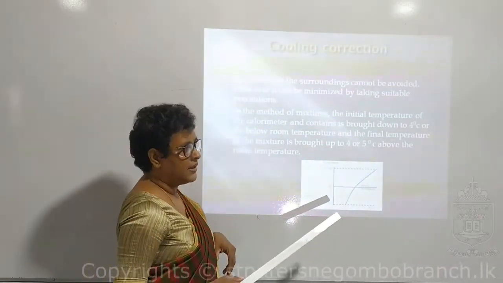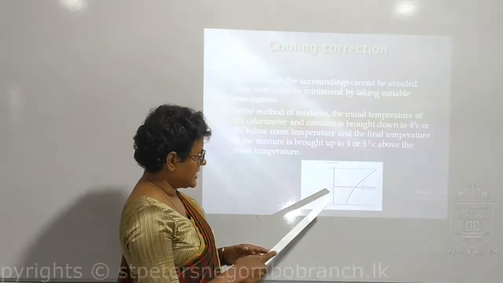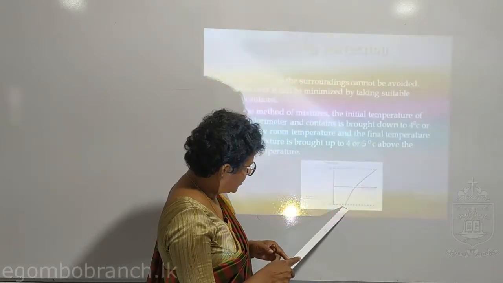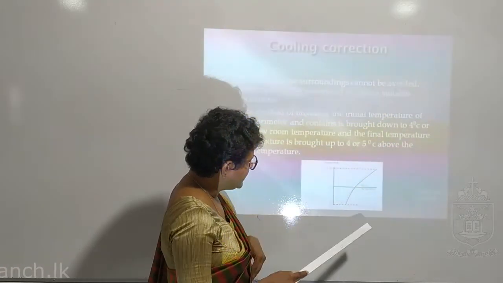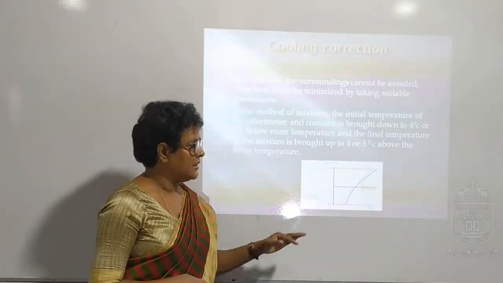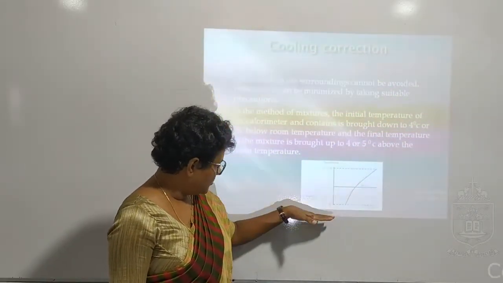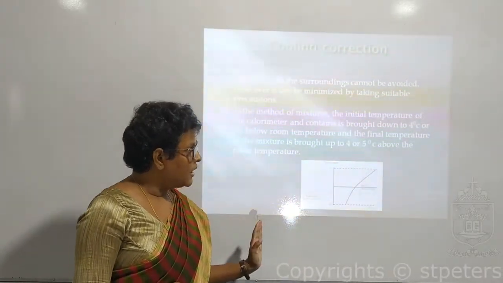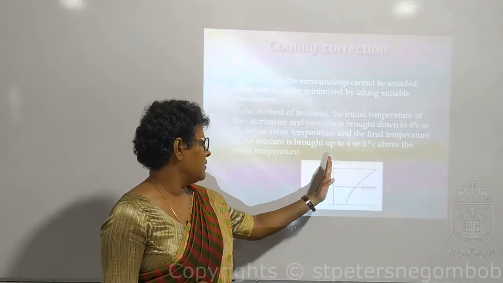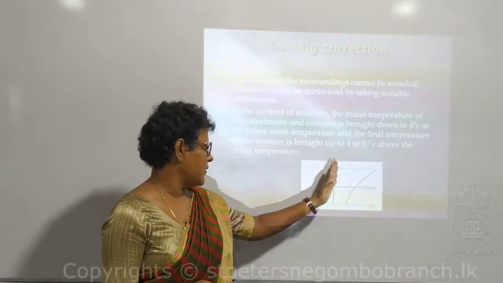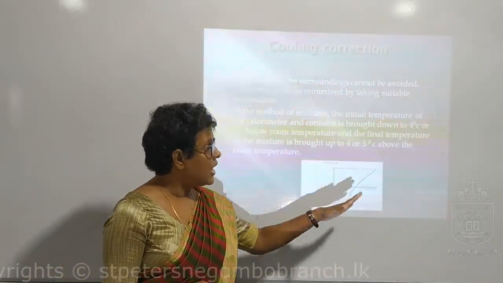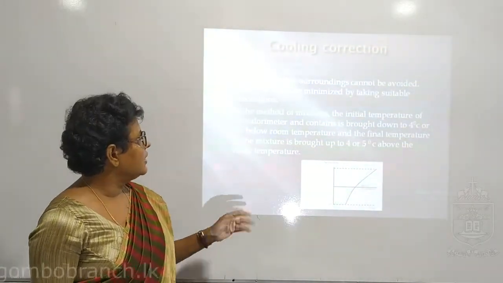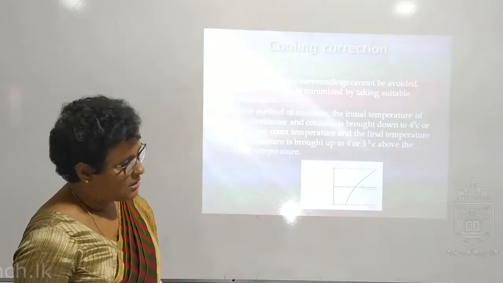That means we will consider this as 5 or 4 degrees below the room temperature, here 5 or 4 degrees above the temperature, and these two will cancel. This is a heat gain. Now when the surrounding is less than room temperature, it will gain heat, right? If the container is more than the room temperature, it will give out heat to the atmosphere. This 5 and 5 will cancel, and we say that is the cooling correction of our practicals.